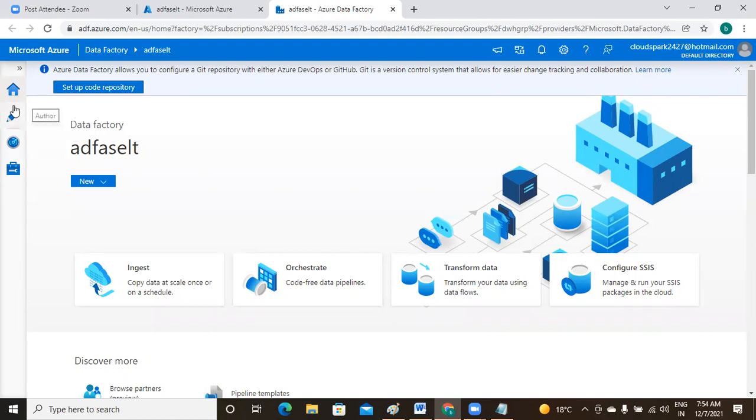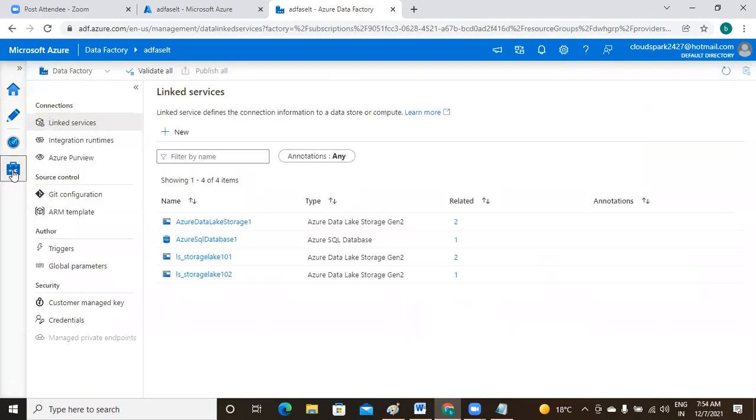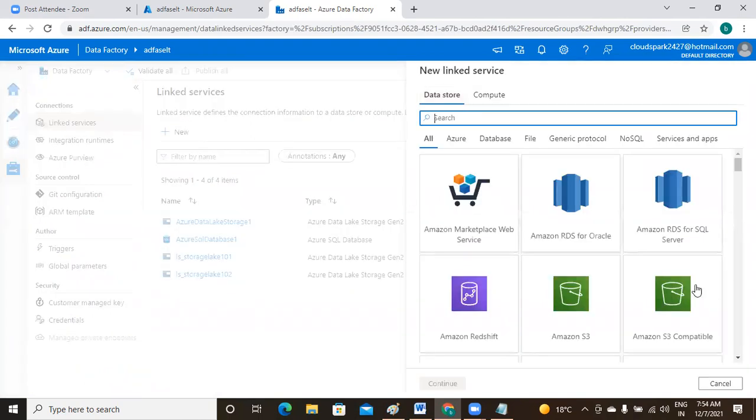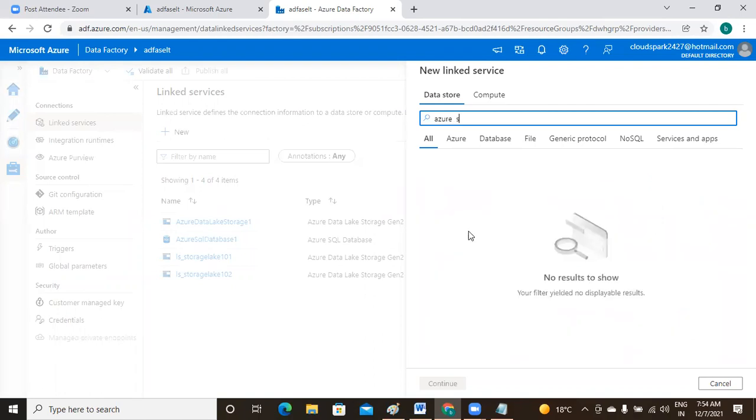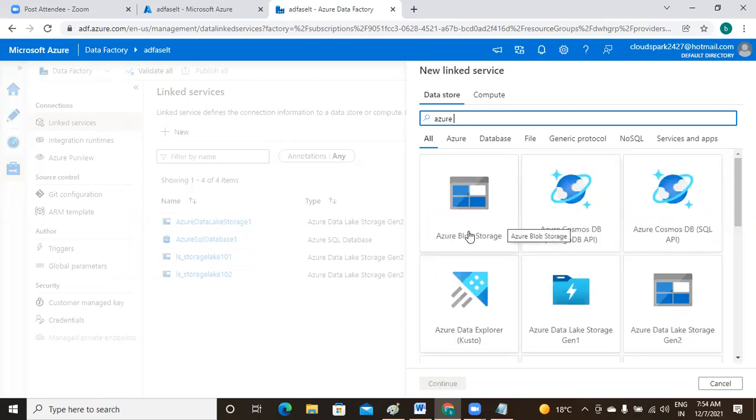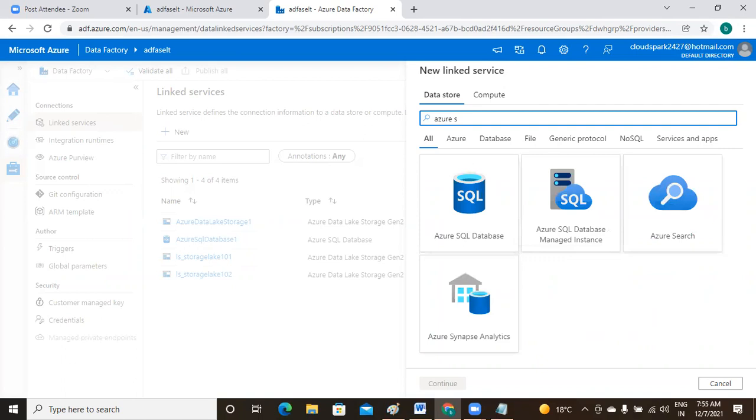Okay, sir. There are 4 options, among them the last one, manage. Here you can create linked services. Already we have some, but I am creating a new one. What is the naming standard? First, what database do you want? Azure SQL. Azure SQL database.